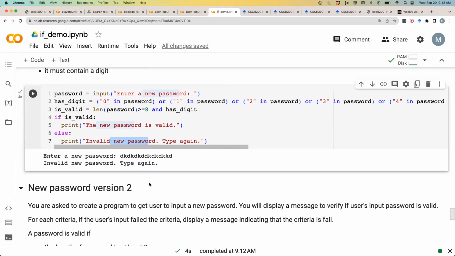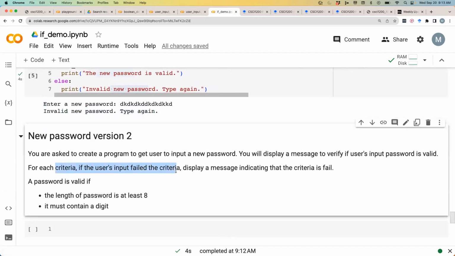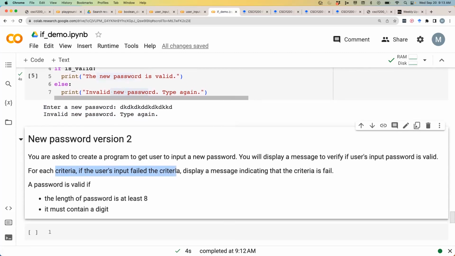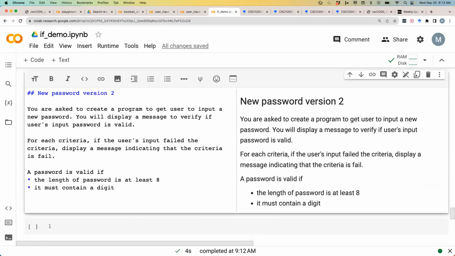All right. Now, when you do something like this, with the user typing in the new password, it only tells whether it's valid or not valid. So it's not informative enough. If you want to create a program that is user-friendly, you want to tell the user why it is not valid. All right. So for that, for each criterion, if the user fails the criterion, you want to display a meaningful message to indicate which criterion is not fulfilled. So here, for every single criterion that is violated, you want to tell the user it is not valid. So here, what we're going to do is that